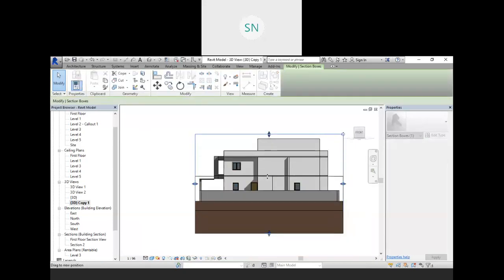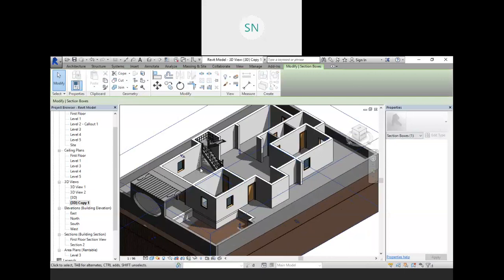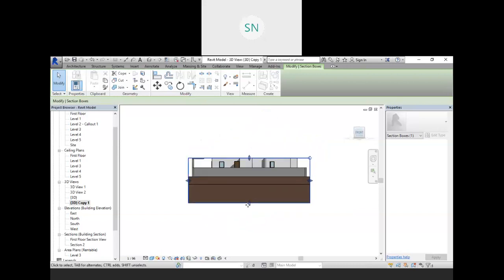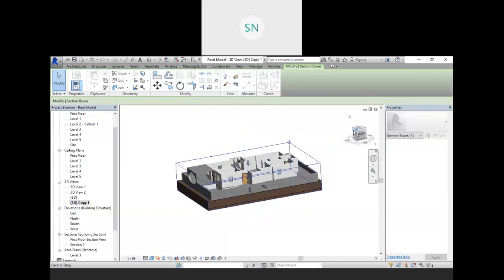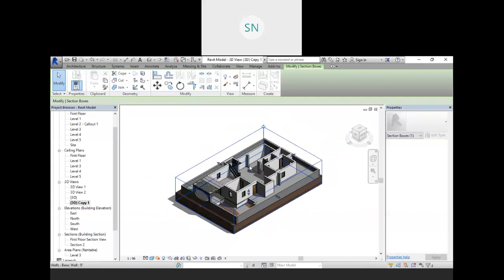Take this thing up to this point. So what will happen, see, we have a furniture layout. Whatever furniture you have over here, it will be visible from the bottom. This much thing we have, so let me take it up to this point. Right, so this is our 3D crop view. If you want to place the entire model, then it is also fine.